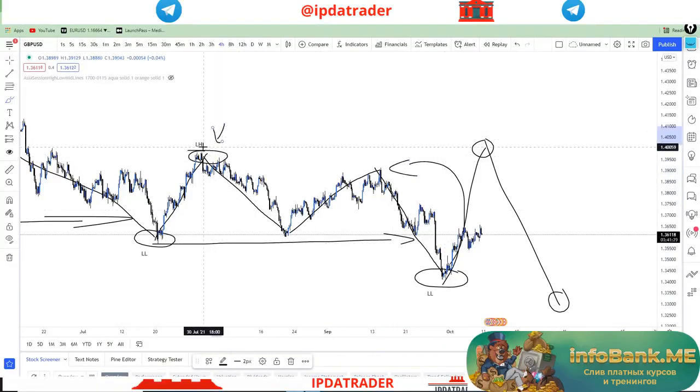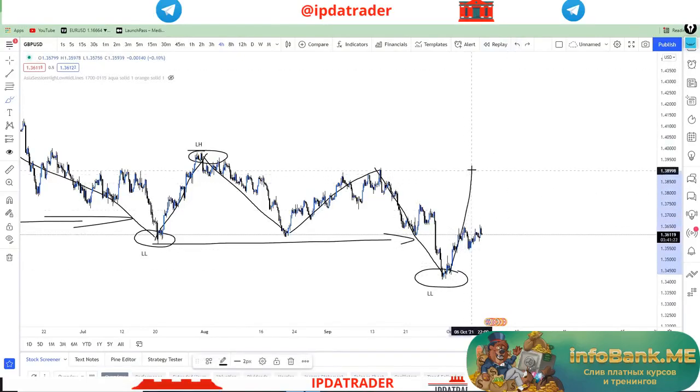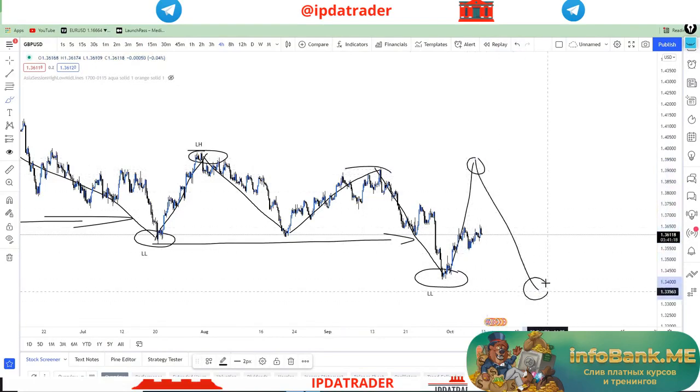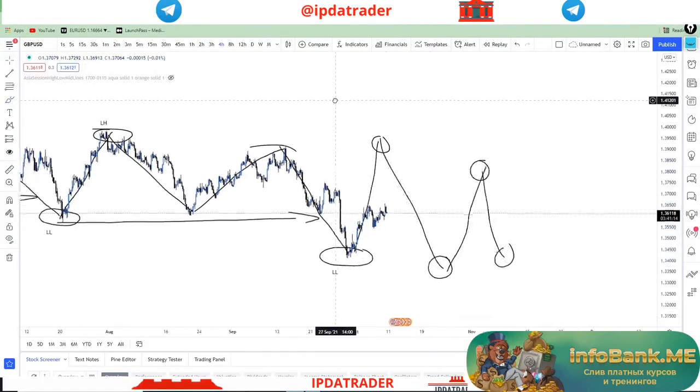It can very well take this structure point right here out because the actual causation of this move started over here. So this is your true structure at this point. So we could technically come all the way up here, take this structure point out, and then continue dropping, right? And this should now be your expectation of this market until